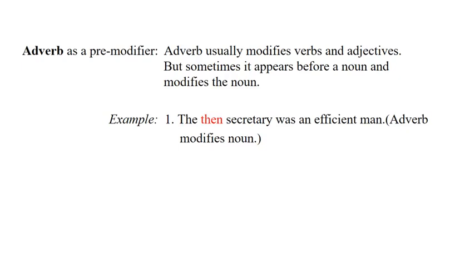Now, adverb as pre-modifier. Students, you know that adverbs usually modify verbs and adjectives, but sometimes an adverb also appears before a noun and modifies the noun. Let's clarify it with some examples. Number 1. The then secretary was an efficient man. Here the adverb "then" is used before the noun "secretary" and it modifies, or tells something more about, the noun